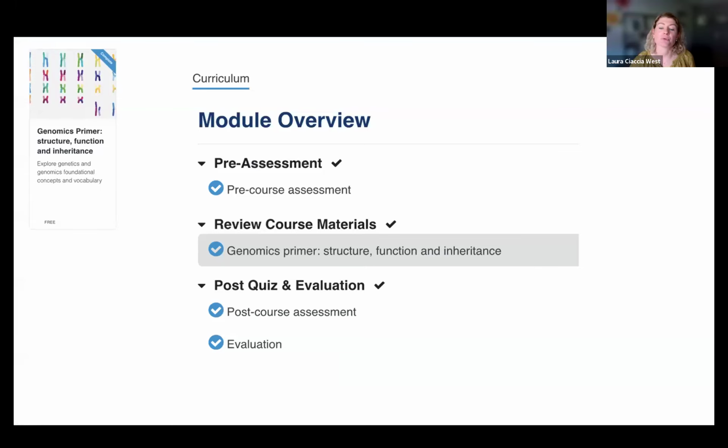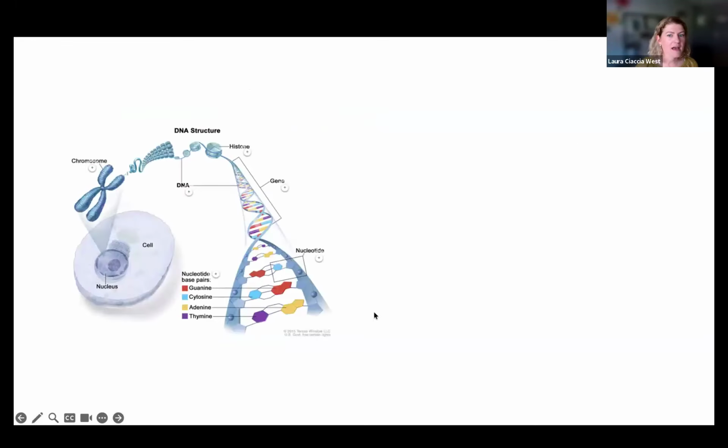Each module begins with a short pre-quiz that is composed of a few multiple choice questions, followed by the interactive educational content that includes embedded knowledge checks. Learners then take a short post-quiz that is aligned with questions from the pre-quiz so that they can track and understand their learning. I wanted to provide an example of these interactive